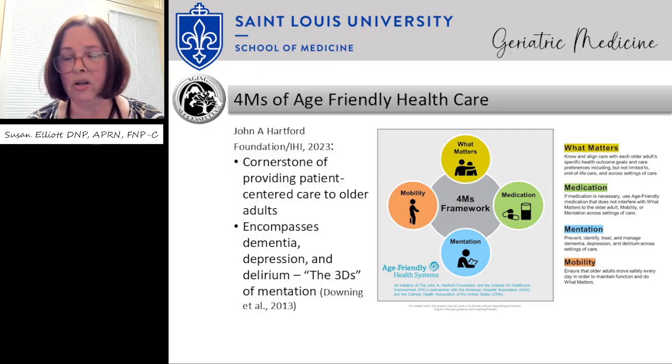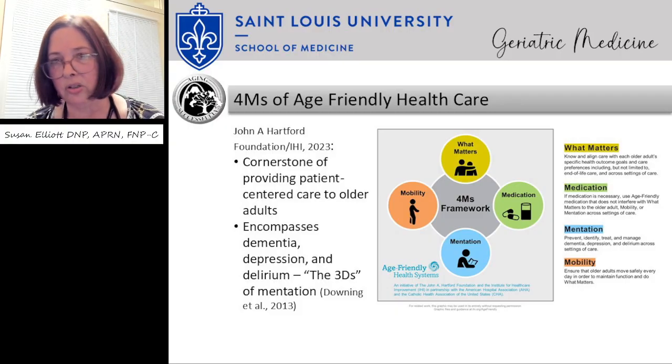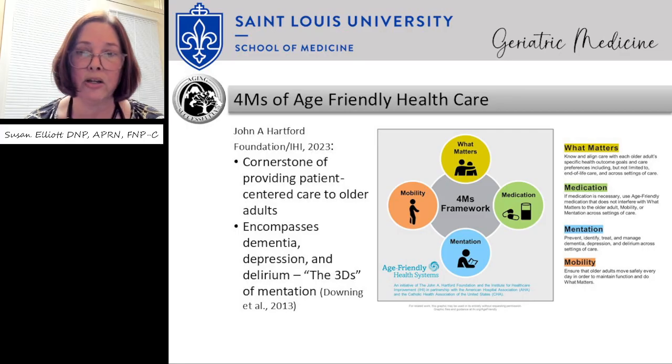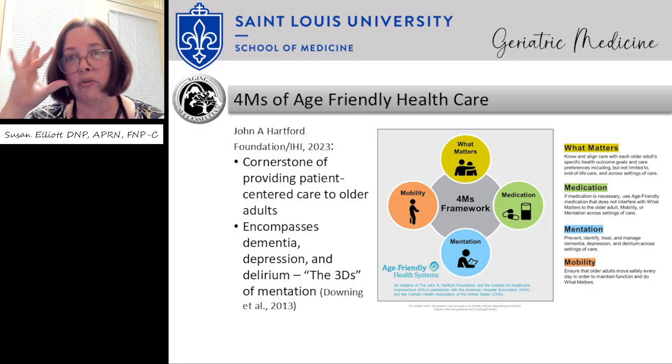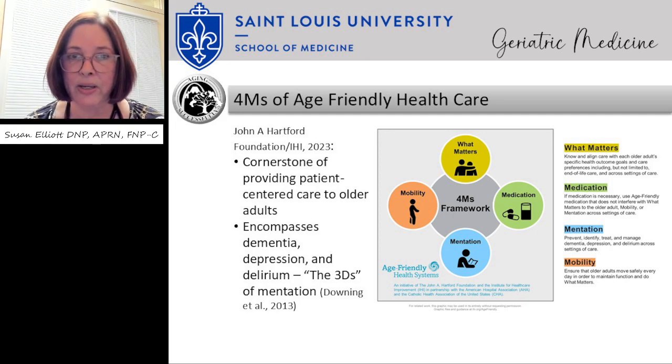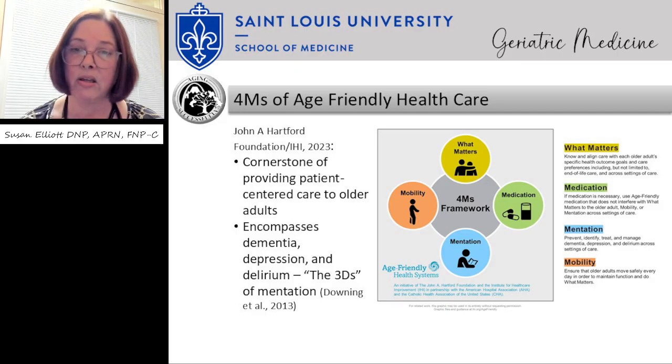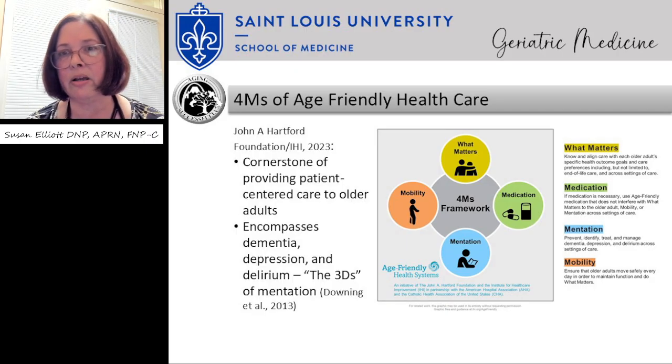With mentation, we're really concerned with the 3Ds. You see them listed here on the side: dementia, depression, delirium, and specifically differentiating between the three. Think back to our previous lecture where we went over the screening evaluation process for cognitive evaluation for the geriatric syndrome. So using the St. Louis University mental status exam to assess cognition, using the RGA to assess the frailty, the risk for weight loss, sarcopenia that might be impeding with mobility or performing ADLs,